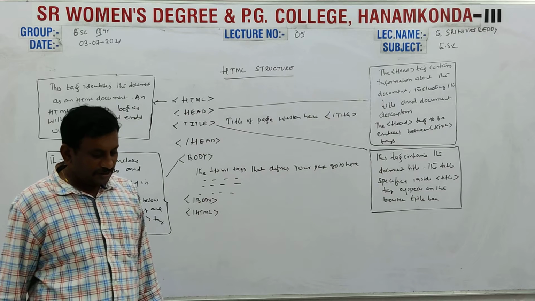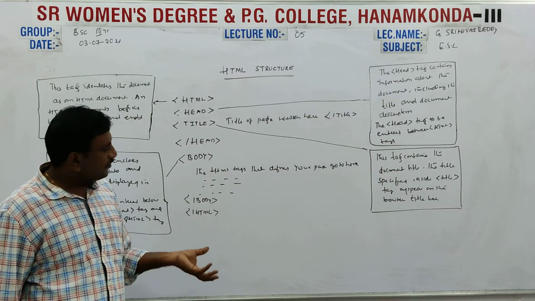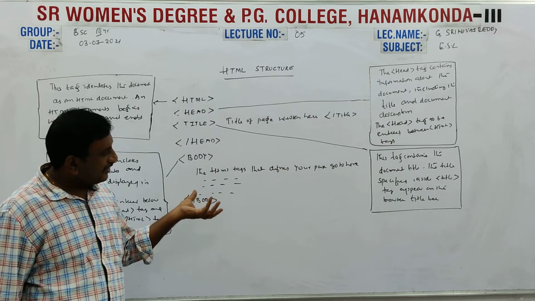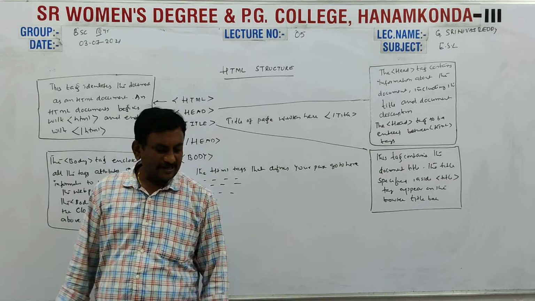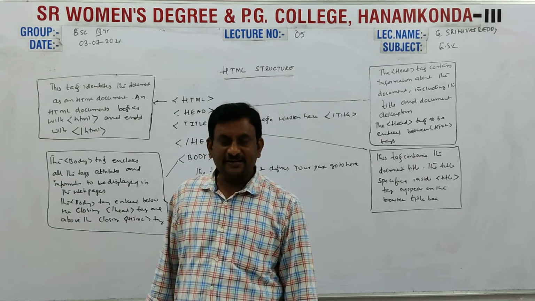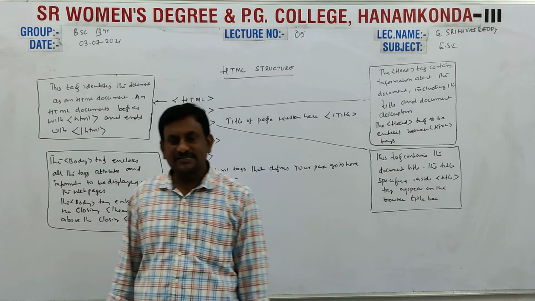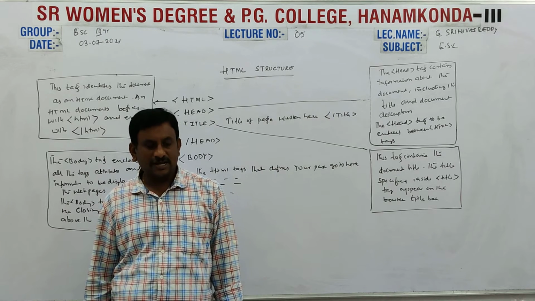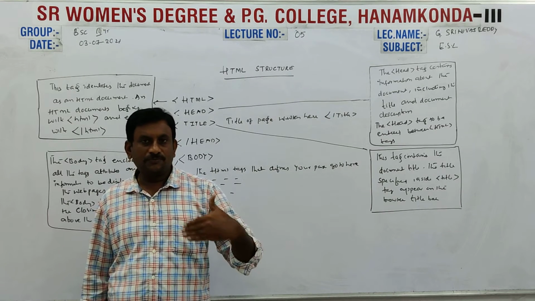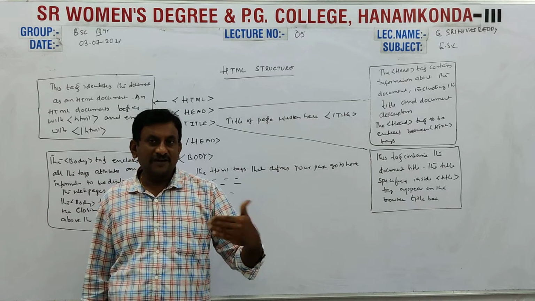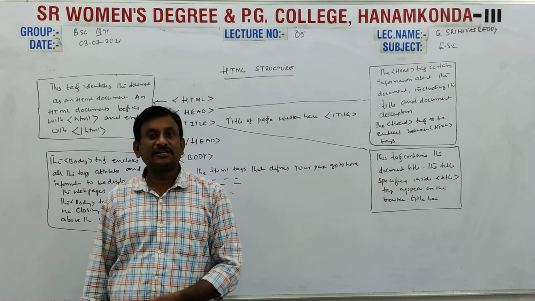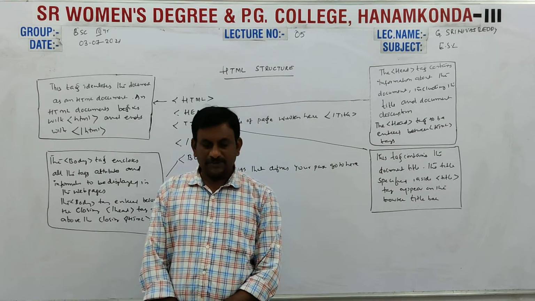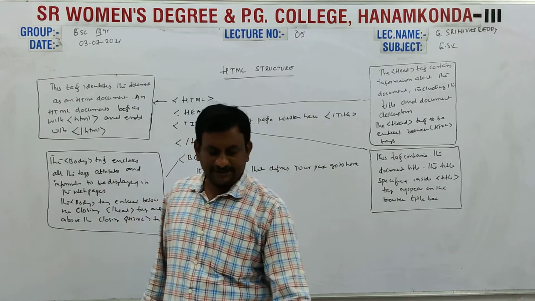This is structure. Next will be, for example, body, which has two parts: tag and attributes. What do you mean by tag? In between, if you write a less than symbol as well as a greater than symbol, that is known as a tag. Attribute means the description of the tag, for example in body. That is called attribute. Tag and attribute. Here is the structure. That is called HTML structure.